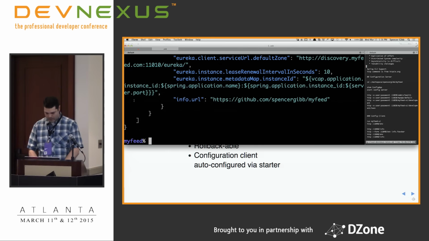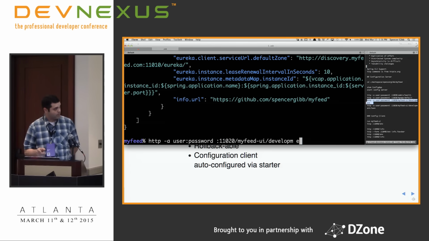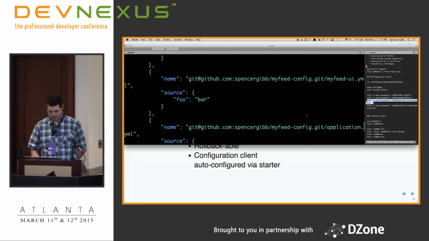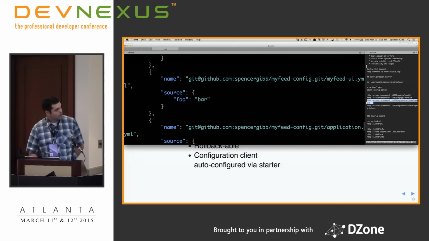So now, a little more specific. I'm going to get the UI component, and I'm going to get the development profile. So I specifically want configuration for development. And here is the configuration for the UI. It came from the MyFeed-UI.yaml.